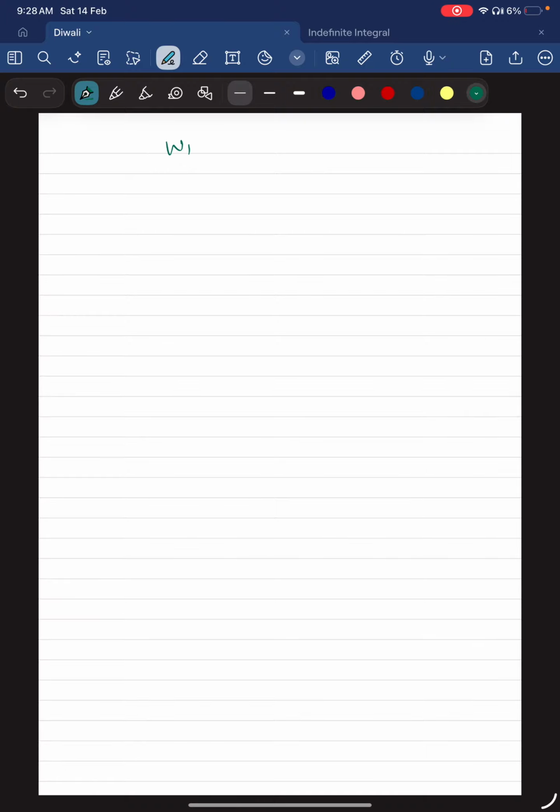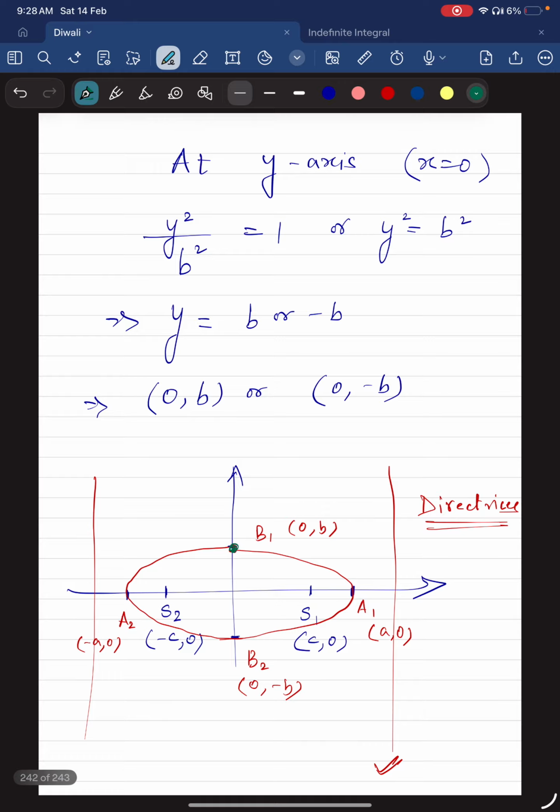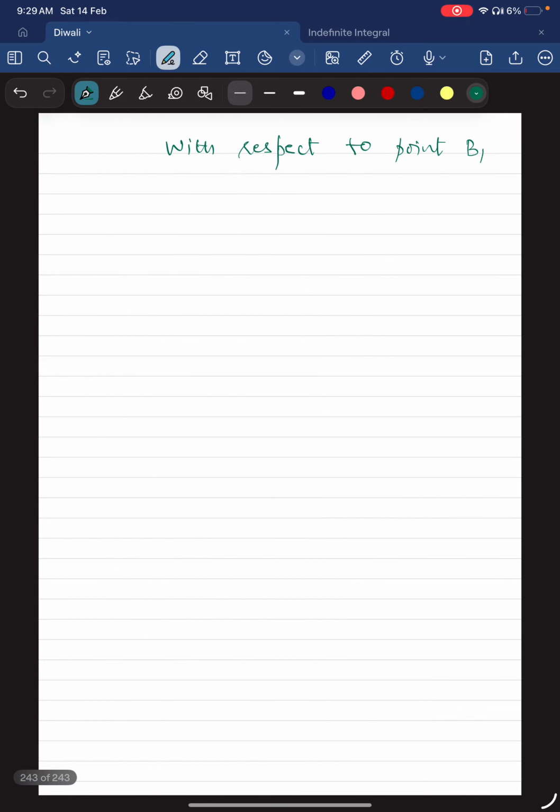So with respect to point B1, if I see, B1 S1 would be the distance of point B1 from focus S1, and B1 M1 would be the perpendicular distance of point B1 from the directrix corresponding to focus S1. Okay, and we already know